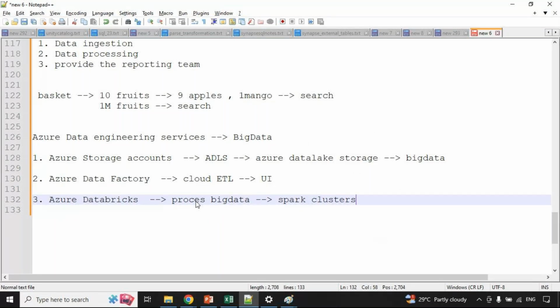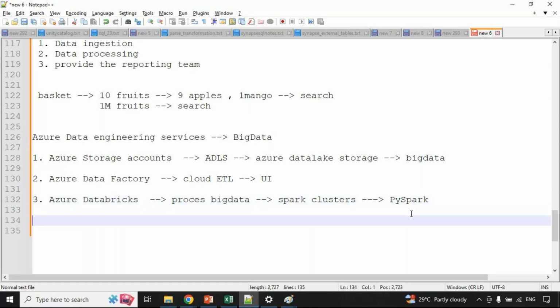So what is Spark? A processing engine. For example, in Oracle we have a SQL engine with which we do the computation. Similarly, a huge amount of data we can handle in the Spark engine. Mainly to process the big data, those who already work in Hadoop might know PySpark. The same PySpark is available here as it is, guys. The environment is different, but the syntax and everything is the same. As part of our learning, I am going to discuss Spark related code, which I will write in Python, which is PySpark.